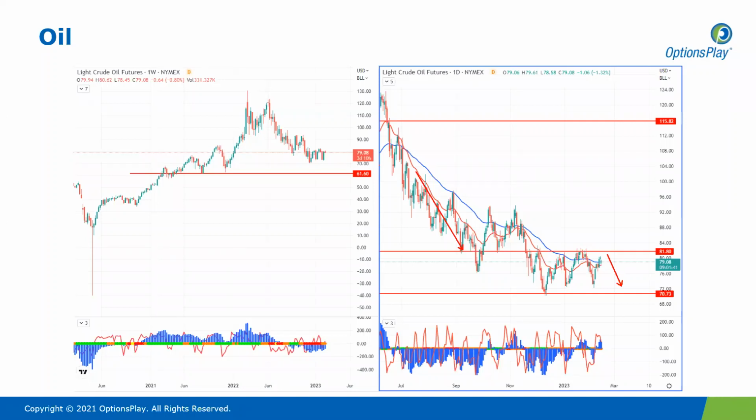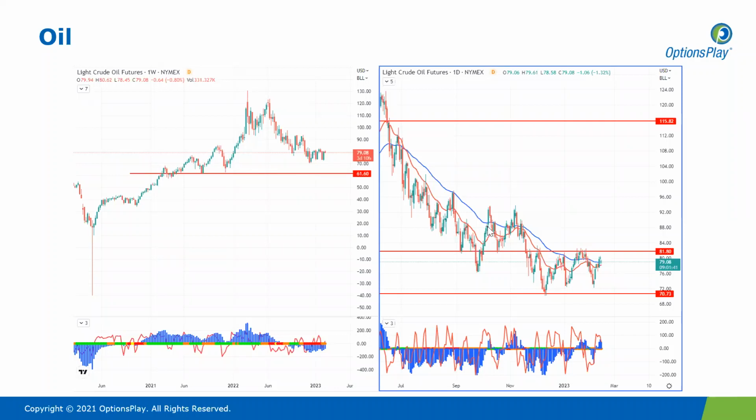On the demand side, well, of oil, I would say it's fairly balanced between supply and demand. On the one hand, we have Chinese reopening, naturally will lead to higher demand in oil and higher prices. But on the other hand, we have recessionary fears that tends to decline oil prices as well. Overall, the structure is still quite bearish, lack of upside momentum. And if we do see a breakdown eventually, we have major support at 61, as you can see on the